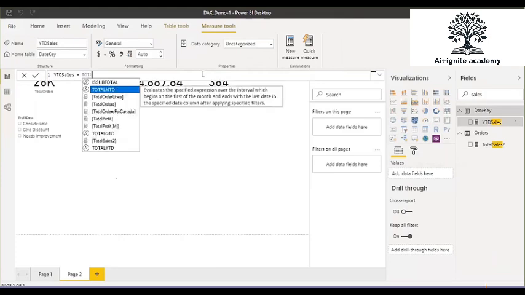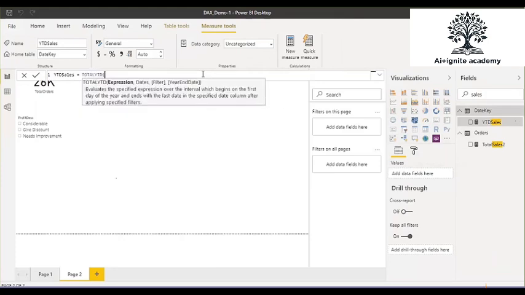You have to use the total YTD function. In this total YTD function, you have to provide an expression. This expression could be a measure, or you can write the complete expression here. So instead of directly passing the sales measure here, you can write the calculation again. How?